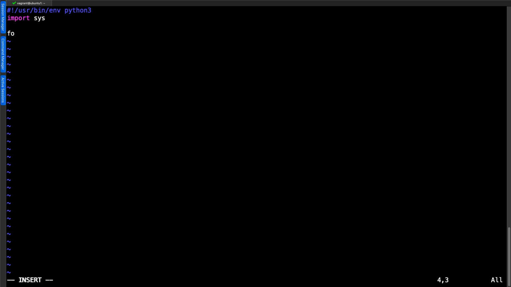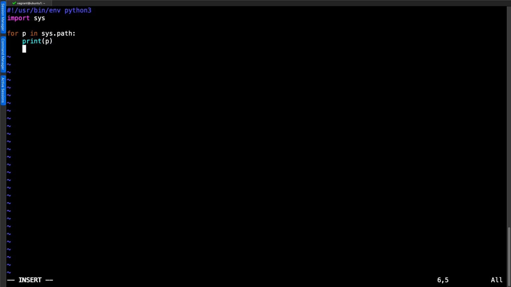Inside of our script, we're going to import the sys module, and we're going to print out the paths where we can load Python modules from. So for p in sys.path, we're going into our looping structure, so let's just put a colon and indent and print the path, so print(p).